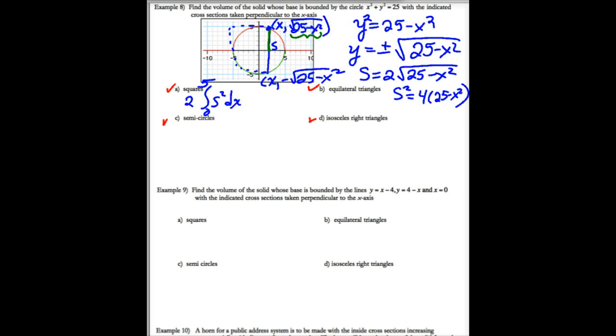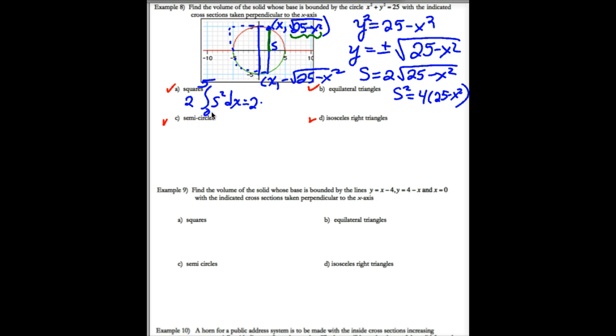So where was I? I was going to say, you could integrate from -5 to 5, or if you're going to be integrating by hand, it's easier if you maximize the use of 0 and use some symmetry. So you should do 2 times the integral from 0 to 5, and then you would just do half a loaf and double it, and you'd be good to go. So this is going to become 2 times